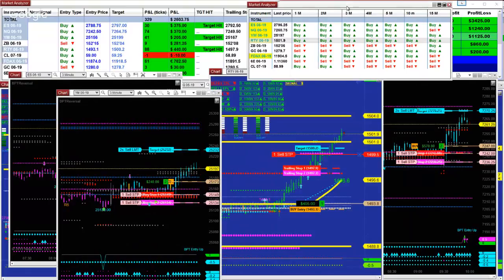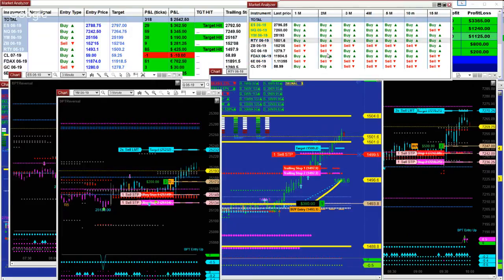So if we want to look at the gold, you can see at the moment the 1 minute and the 2 minutes are extremely to the downside. And then you have the 3 minutes, 4 minutes, 5 minutes, and the higher time frame is the opposite direction. That is telling you there is a little volatility in here and little play. So if we wanted to trade the gold now,